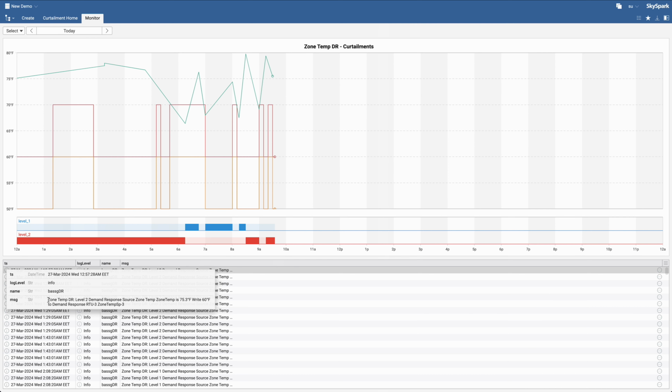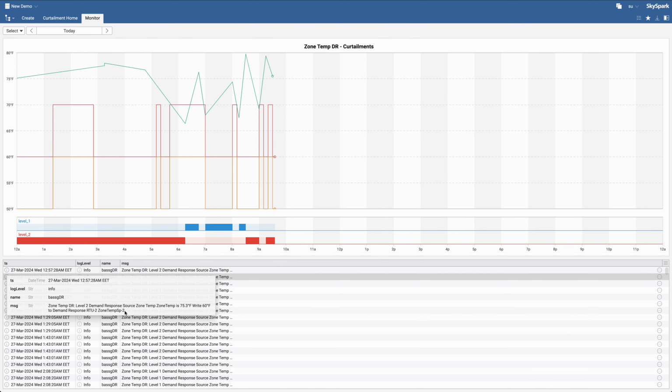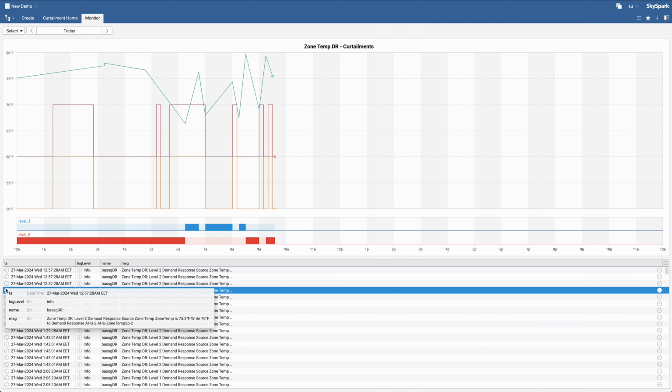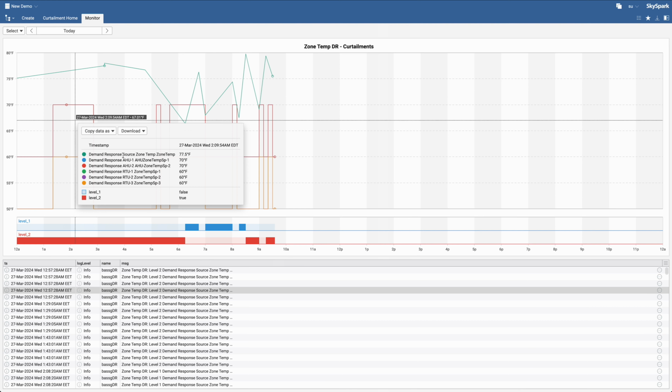Okay, so this is the record's name, and here we are saying that the source point is 75.3 degrees. So we write 60 to zone temp SP3. Same thing for the second set point. And here we write 70 to the set point under the AHU. And if we see, let's see here, we had the source point on